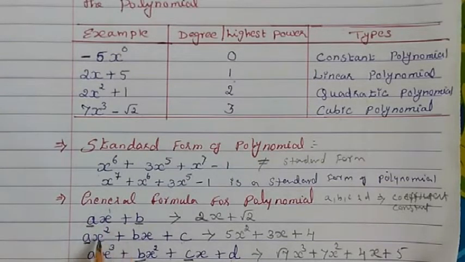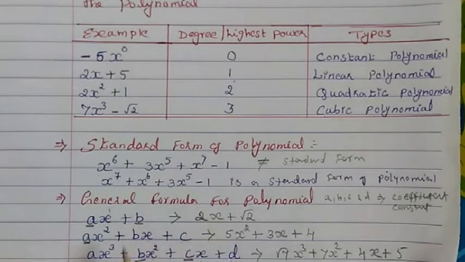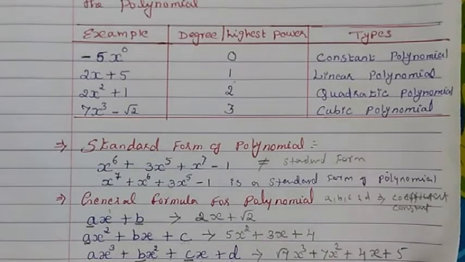But then you see the degree in only one variable, that means here 1, raised to 1, that is the meaning. Then if it is 2, then you have to add 1x, then write the constant or only the number. Then if ax raised to 3, it means the highest power is 3, so there should be 2 and then 1, then the number comes. So this is normally a general formula. You can also write a polynomial in the general way. If you remember this, you can write your own polynomials. You see, we just made our own polynomials here. That's how we make the polynomial, right? I hope I made the things clear to you.